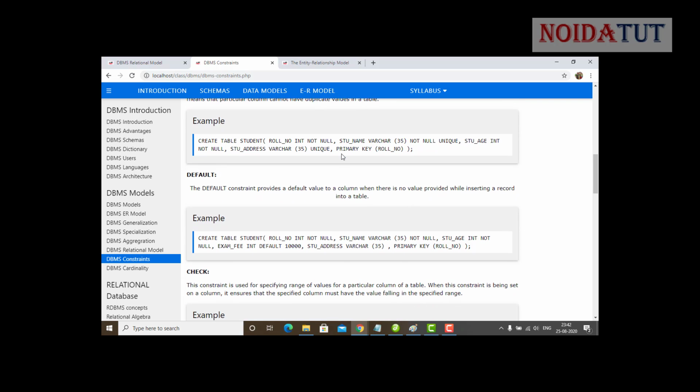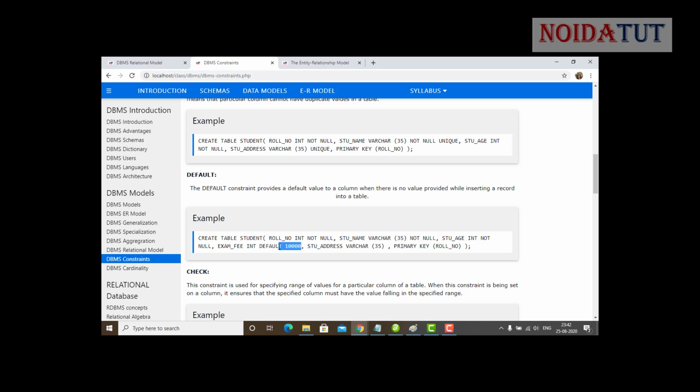The default constraint provides a default value to a column when no value is provided while inserting a record into the table. Let us have a look. When we create a table student, roll number not null, student name varchar not null, student age not null, exam fee int default 10,000.